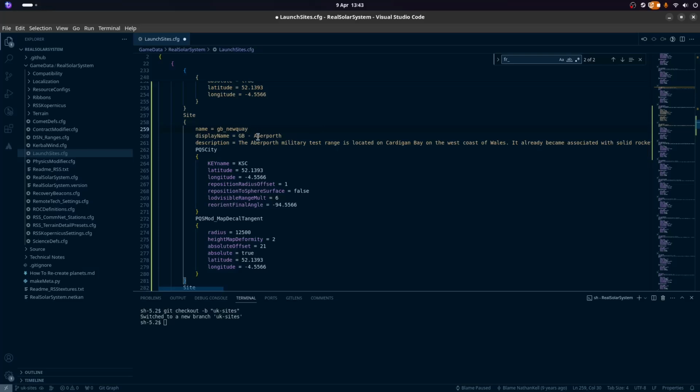Incidentally, despite where I've added, none of them are in England. Well, I suppose Newquay is in England, but it's Cornwall. So Newquay, as it's spelt, although it's not Newquay, it's Newquay. And where is my UK space agency? Newquay. I don't know why I keep saying UK, that's incorrect.